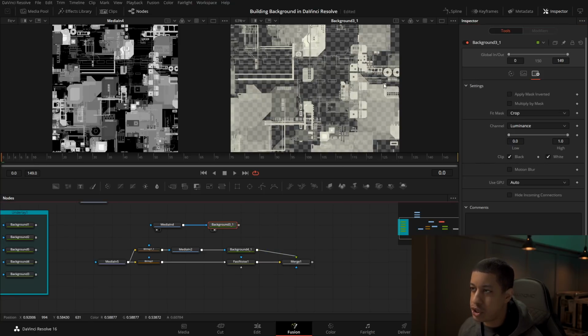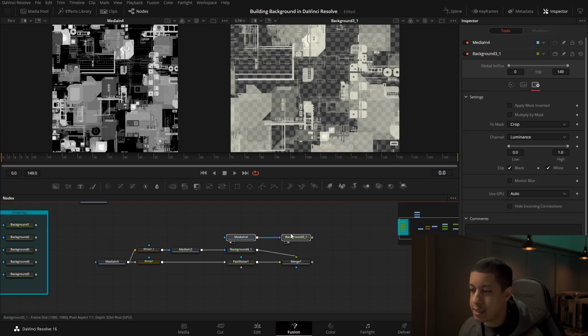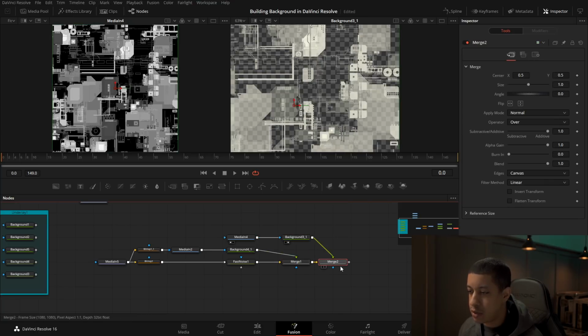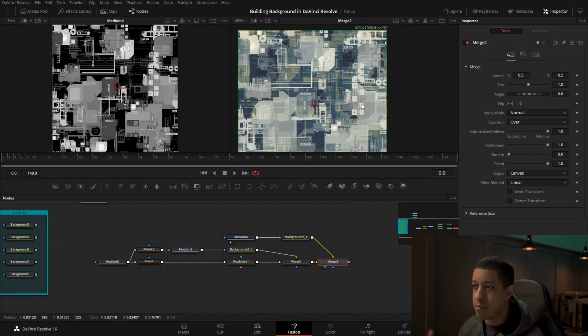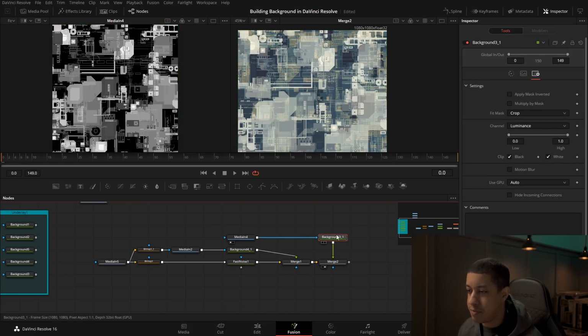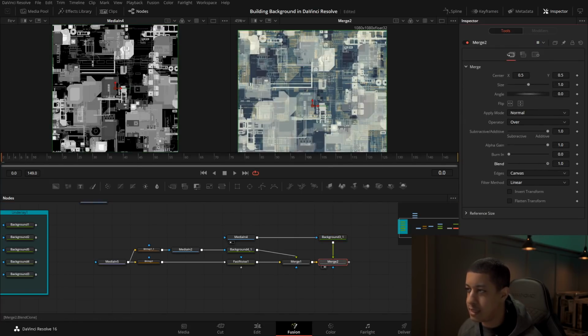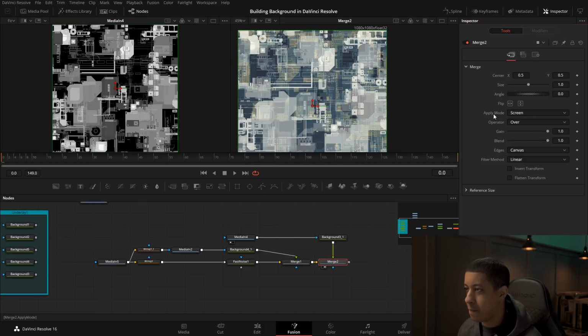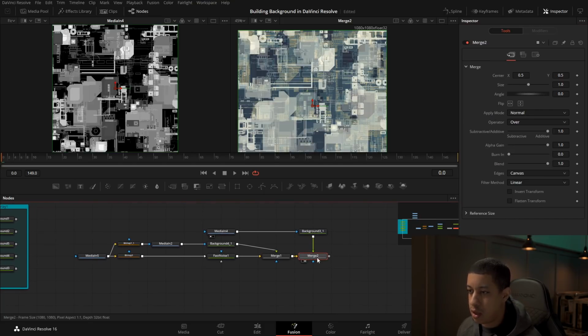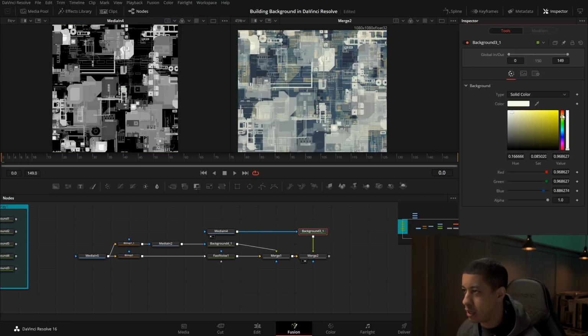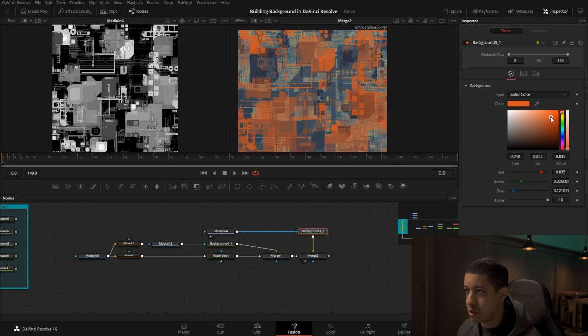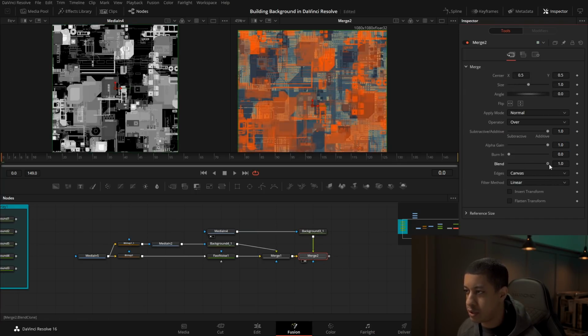But since now just about everything has a transparency, I can take all of this and drag it on top of everything and get even more texture in here. Now this might be a little too much. We can always bring this down. And then we also have all of our different blend modes that we'd be able to go in and do as well, if we wanted to do that. But for now, not exactly sure if this is the color that I want to be using. Might be able to do something with the bright orange, but bring it down just ever so slightly.